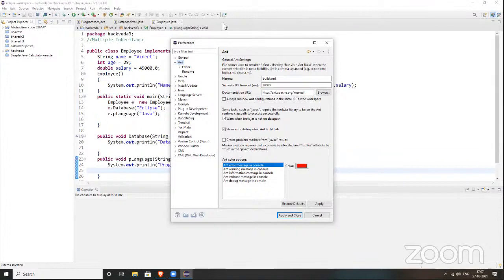Deployment, you know, right? Deployment means once you develop a software, you make it available to the customer, either on the cloud or on the website. In order to deploy, we need to pack all those files. It's just like packing a bag when we go traveling. We take everything necessary. In the same way, we need this library. You can say it is used for packaging of all the files. You can search it also, and you will come to know what I said. Gradle, Maven and all are like that.